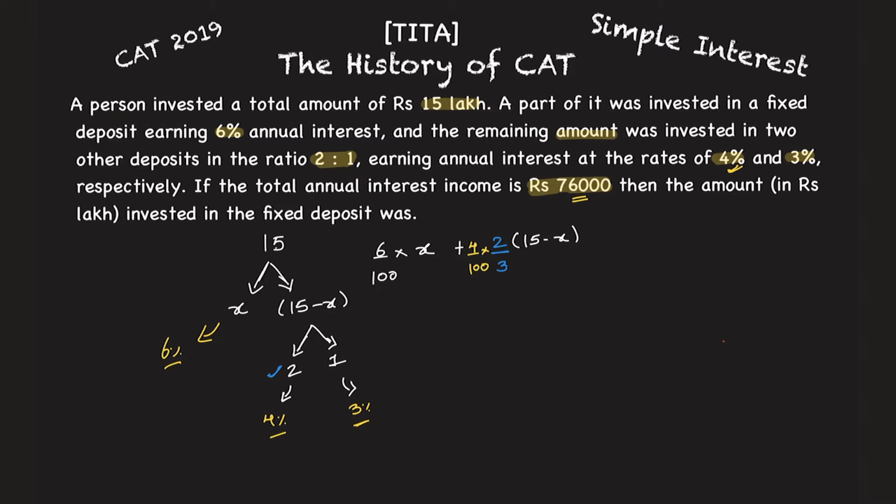Then after that I do one more plus here. Let's keep the space less here because we'll be requiring the space. So let's keep a plus here. 1 part, which means what? 15 minus X, correct? That is the amount, but give me only 1 part of the 3 parts. So 1/3 of this, and an interest of 3% over that. So 3% of this will be 3 divided by 100 into this. This is the total amount that I earned from the interest, and that is nothing but 76,000.